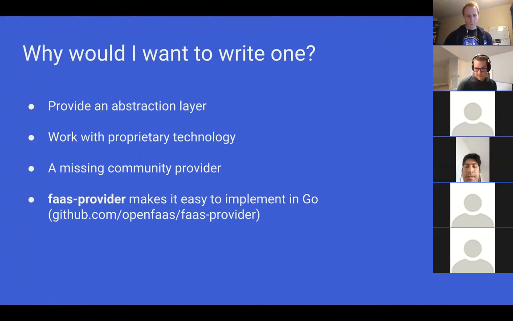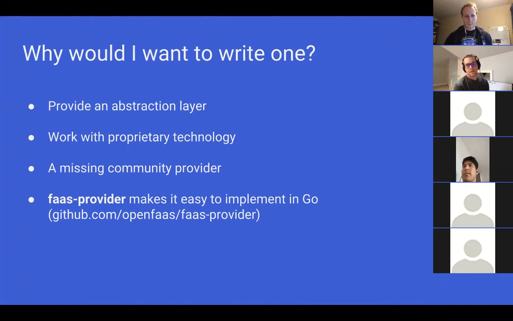I did see a Twitter post about someone writing a proprietary backend provider for their stack. I can't remember what they were working for, but we actually have someone from Cisco here, Jox, on the call, and that's a subdivision called OpenDNS. A scheduler for EC2 that they've built in-house, and they were able to put together a provider basically in a weekend on a hackathon. Nice. So it's great if you have a proprietary stack for your organization.